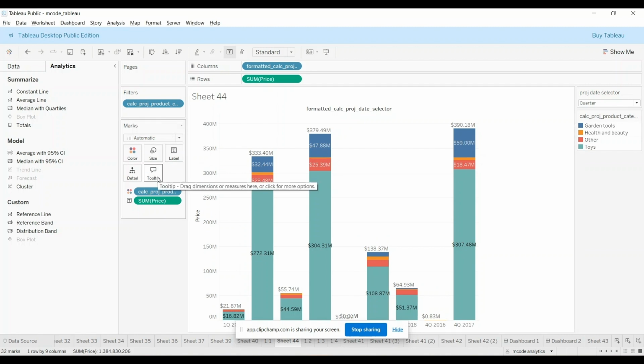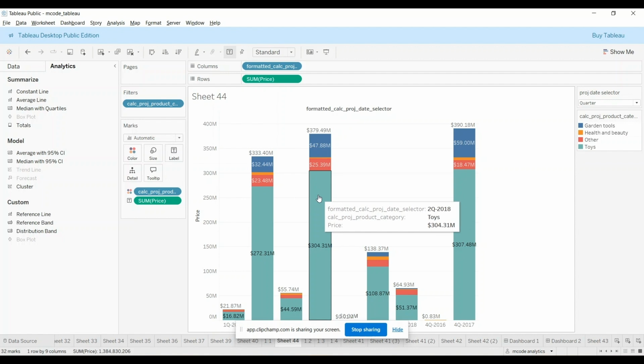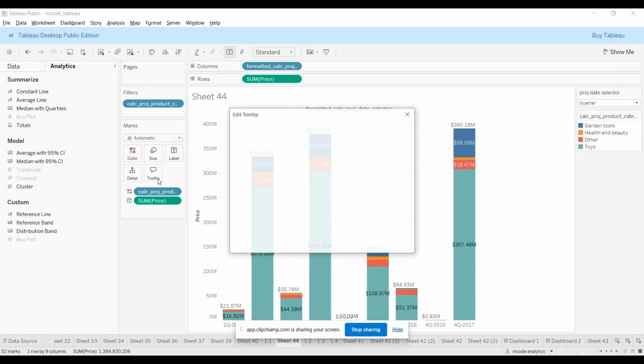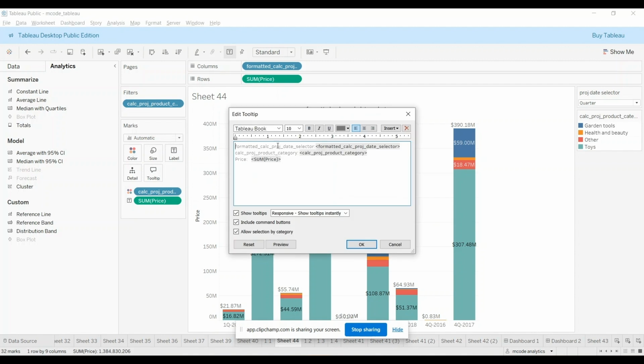There's some other formatting that we can do here, obviously. For example, if we hover here, the name shows formatted calc project date selector colon 2Q of 2018. The values look okay, but then our keys look very long and hard to understand if I was, let's say, the VP of revenue. So you could do some formatting on the tooltips. The way that you can do that is by clicking on tooltip, and then you can change this to say something like